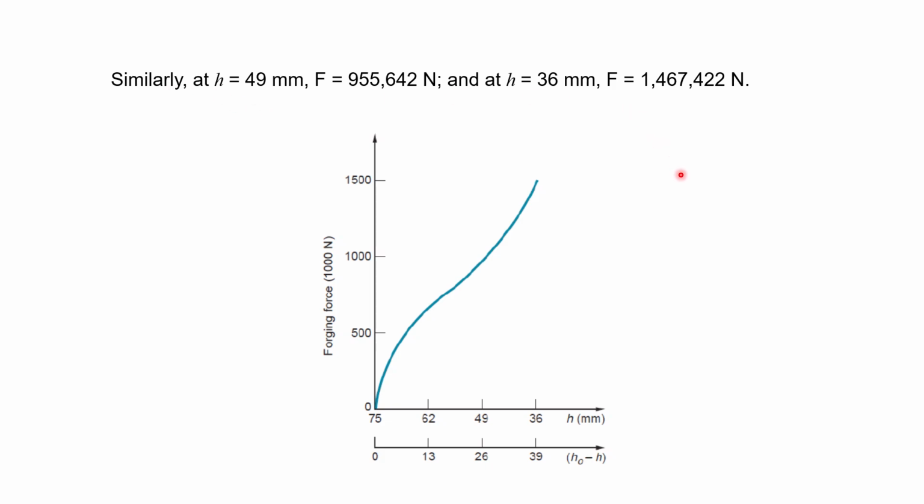If we repeat the calculation once again for the two heights of 49 millimeters and 36 millimeters, we'll find that the force at 49 is going to be 955,642 Newton. At 36 it is going to be 1,467,422 Newton. And if we sketch that, this will be the height against the forging force required to do the work. Okay, so that's what we have for the case of the forging, and we're going to move